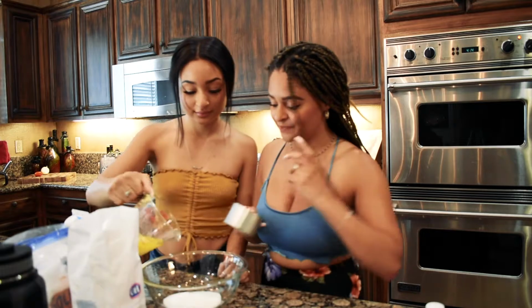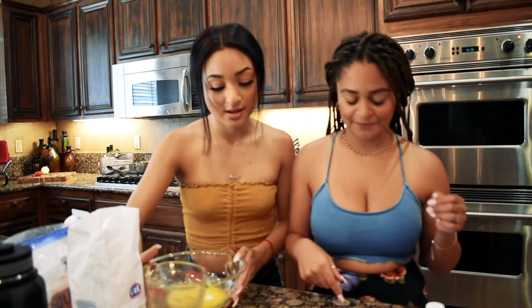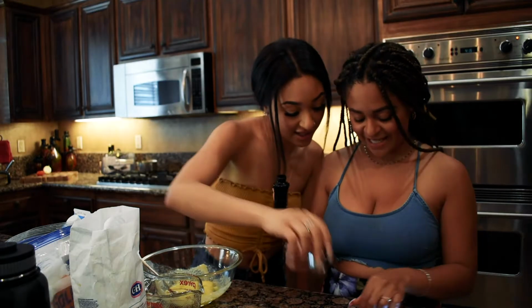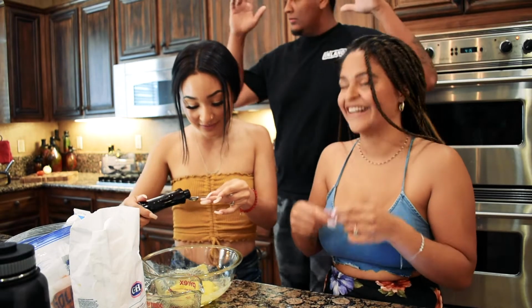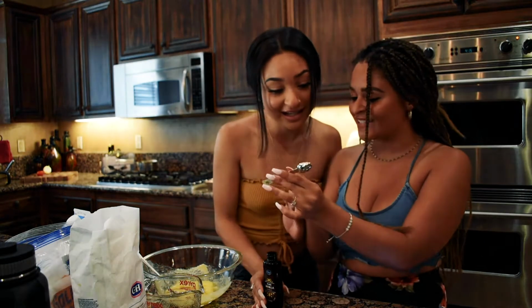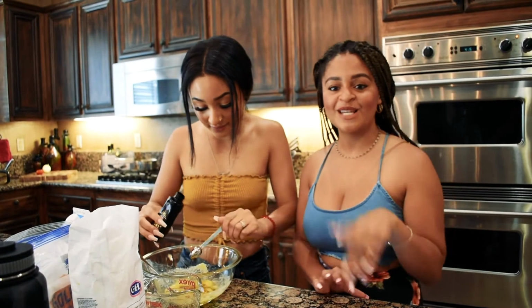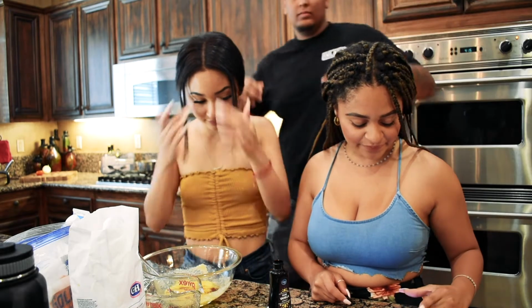Dump that in there. And then Brenna's going to be on mixing duty. Mix that together. We need 1 teaspoon vanilla. That's not a tablespoon. Not a tablespoon. So, is that a tablespoon? A teaspoon. It says half. It says half. Well, give me 2. We need 2. So, now that the vanilla is added, we are going to also add in